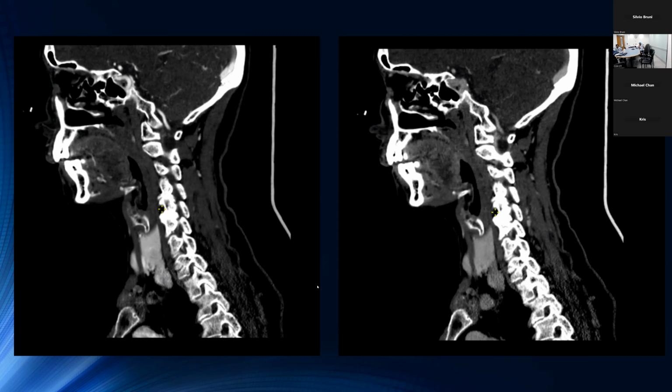But here, on this early phase, this arterial phase image, the attenuation is fairly similar. But when you get to the venous phase images, the attenuation of the thyroid and this lesion becomes more starkly different. You get washout of the parathyroid lesion, in this case, a parathyroid adenoma, which is fairly typical to see,